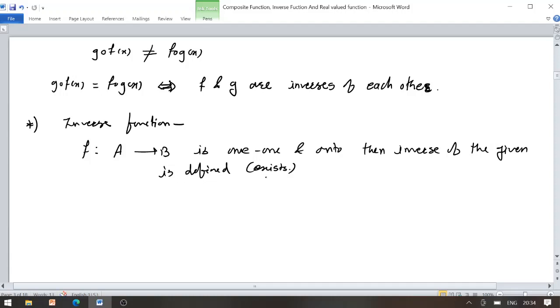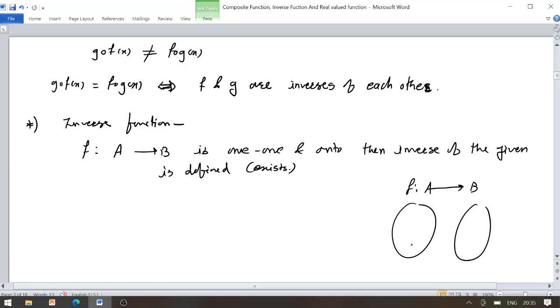So what does it imply exactly? The 1-1 and onto function, everyone knows. Suppose f is a function from A to B, then if all elements from the set A have a unique image from the set B, the given function is said to be a 1-1 function. If every element from the set B has its own pre-image from the set A, then the function is said to be an onto function.